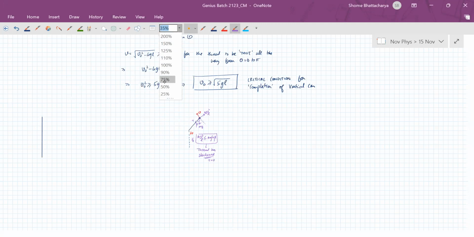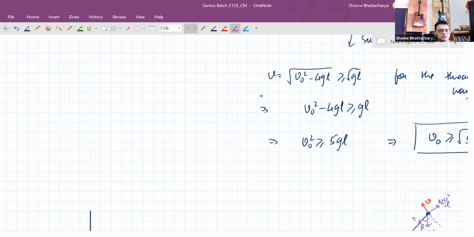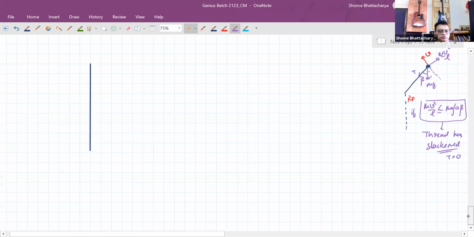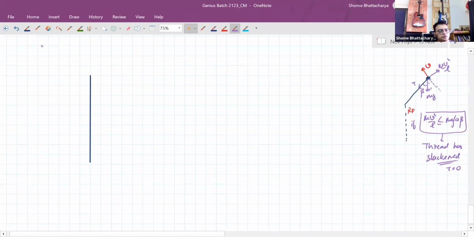Okay, let's come to this now. So the different conditions, or you can say the different cases of the phenomena that can occur here, based on the value of V naught. In the first case, if the speed at the lowest point, V naught, is less than root 2 GL, we give it an initial speed less than root 2 GL, then what will happen is that it will come to some theta